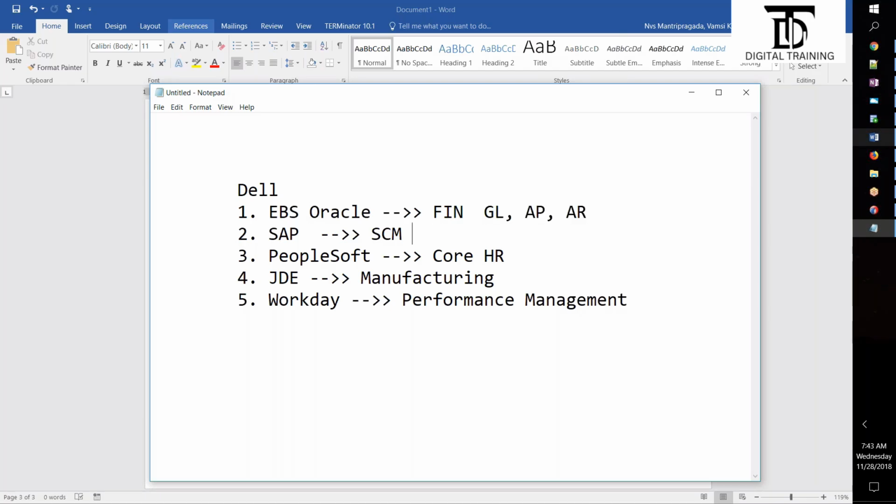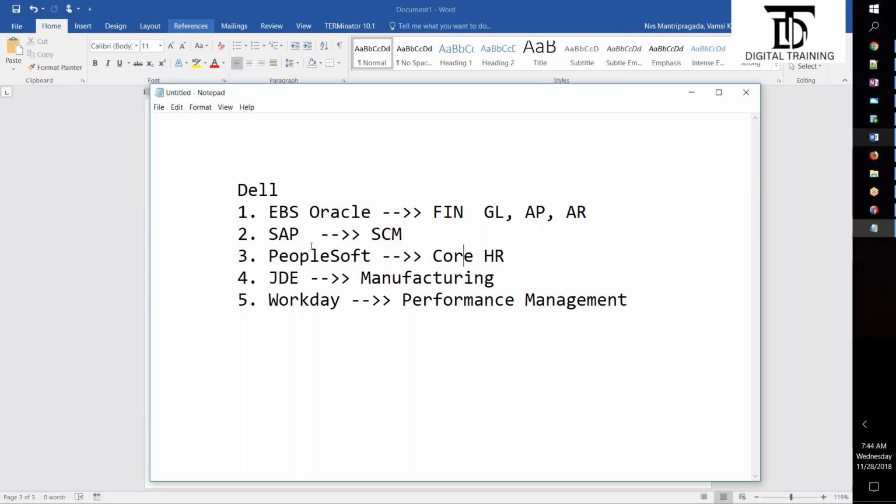For OM, inventory, all these they're using SAP. They're using OM and all those modules in SAP. Oracle is a provider, that's it. These are the modules common across financials modules, SCM modules, core HR, and all these can be implemented